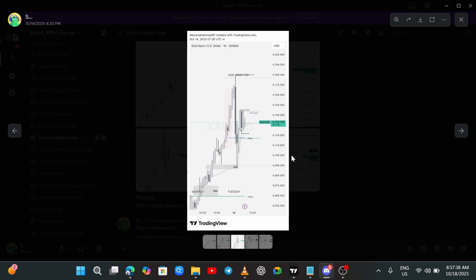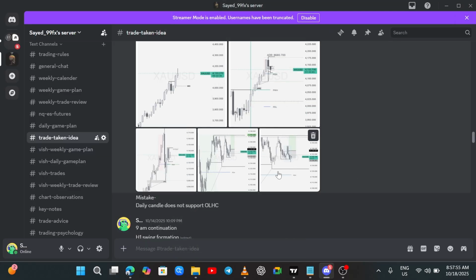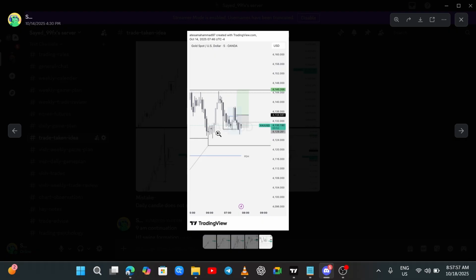If you come to 5 minutes, what do we have? We took this previous candle low and closed above this down close candle. The signature was good, like a V-shape signature, and I took the trade entry here, targeting these highs. This one also failed. Price immediately came down and took this low